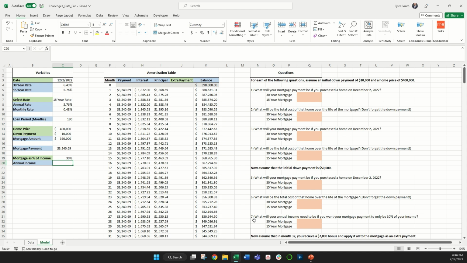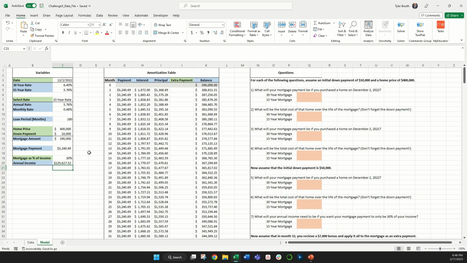It asks how much annual income we will need for this payment to be possible. So I'm going to take our monthly payment and annualize it by multiplying it by 12 months, and then I'm going to divide by our 30% to get the annual income that we would need to have for our mortgage payment to be only 30% of our take home. And that gets us